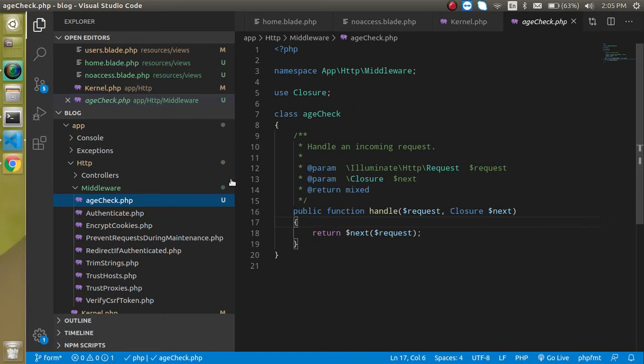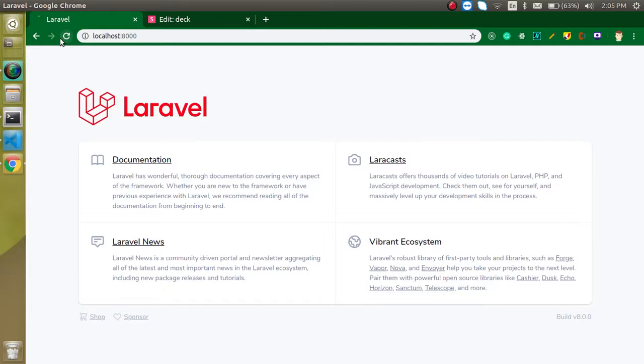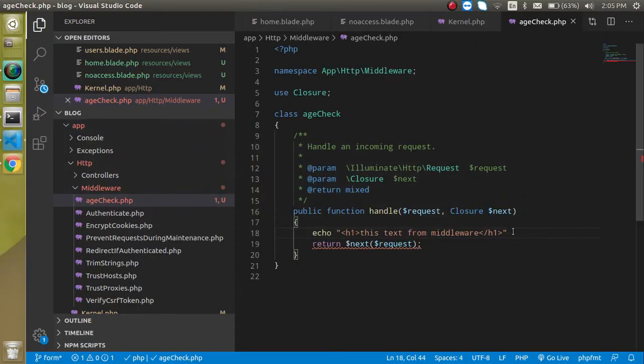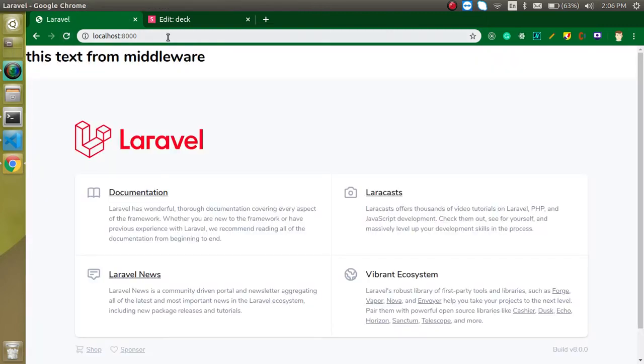When we are in the middleware, we can write our code inside this handle function. So for a moment, let's just write some text here, like an h1 tag or something, and put here "text from middleware", right? And our middleware is applied. So now let's try to access it. Okay, I just forgot to put semicolons here. Now you can see that we are able to see it here,